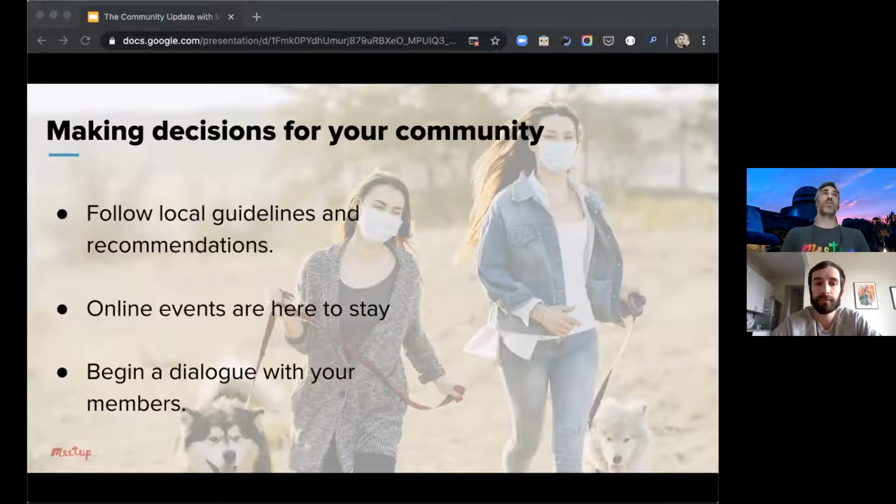Meetup knows how important meeting in person is and how important it is for our recovery as groups of people who like to see each other. But we want to go about it in a cautious but encouraging way. So we want to get back to meeting in person. But again, we're asking you to look at your local guidelines, and we will also be trying to provide content and opinions and guidance as we can. But really, we're deferring to local guides to understand when it is safe to meet in person. So I just wanted to address that before we got too far in, since it's something that we've been talking a lot about at work.